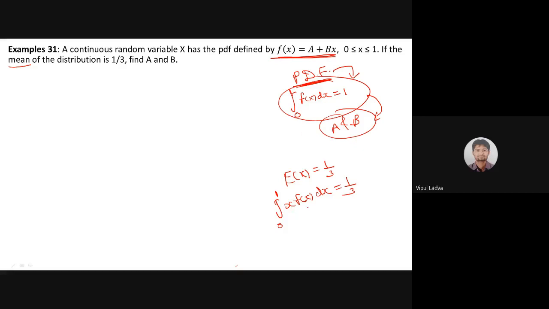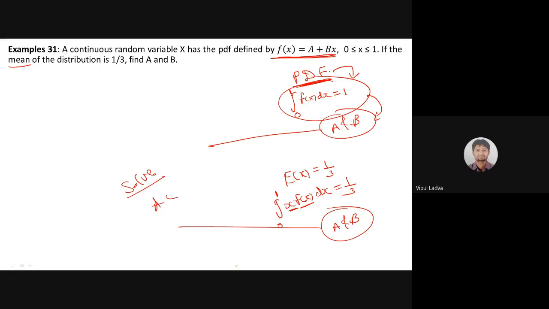Solving this, we have f of x, and we have to take x because we are dealing with the mean. Solving this integration, once again you will get a relation in a and b. So you will have two equations using both these data. Solve both equations and then you will be able to find a and b. So this is the small explanation. Now I'm giving you 2 to 3 minutes. Try to identify the value of a and b. Your time starts now. If you have a problem somewhere in between, I am just here, unmute yourself, I will help you.